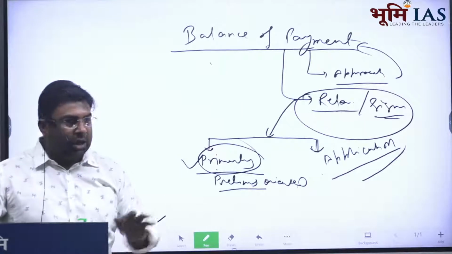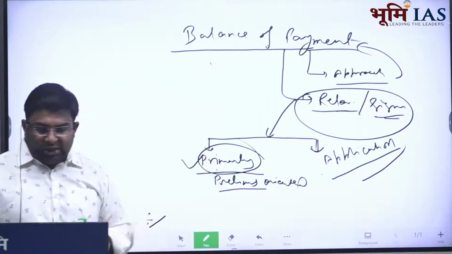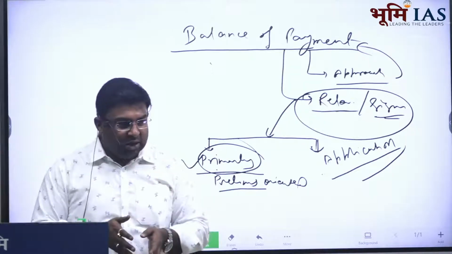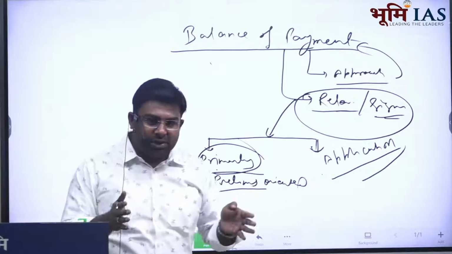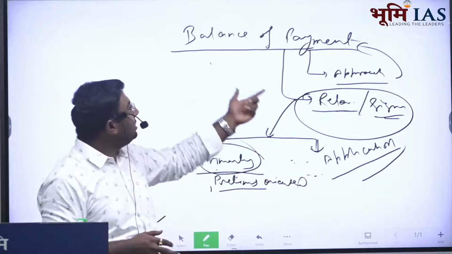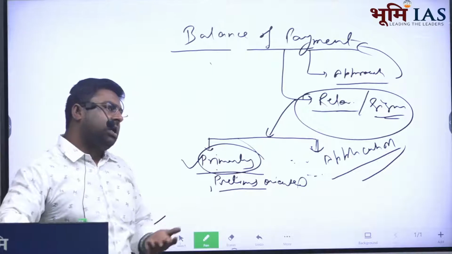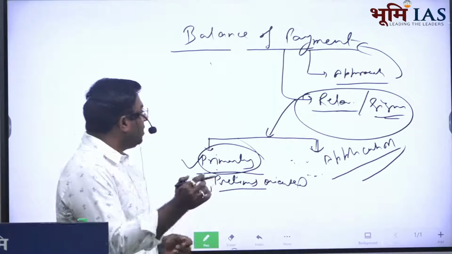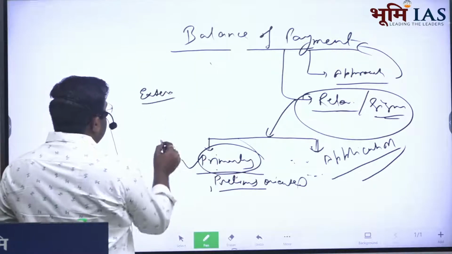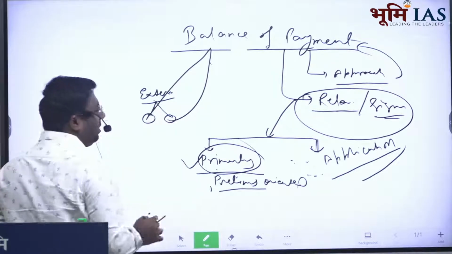For example, a statement like the economy's GDP is that much percent. Until and unless you have any information regarding the very concept of GDP, you cannot appreciate that statement. The same type of applicability can also be considered for this topic. In various different types of information related to the external sector of the Indian economy, there are so many keywords which are actually the very basic concept of this topic. For example,